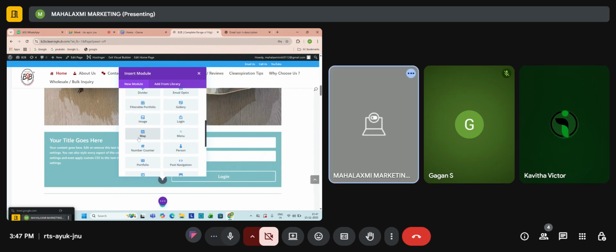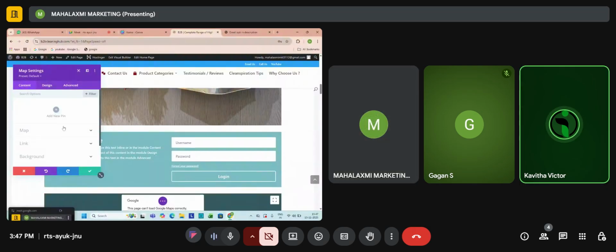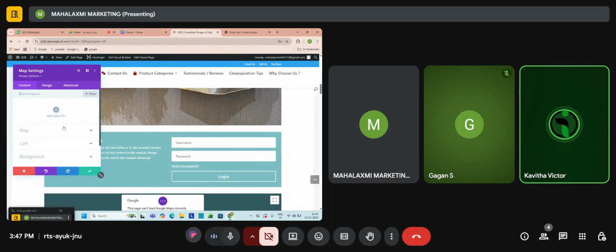So what is map? Map is the location of your business, correct? Correct. So here, if you want to upload the map, it is asking you for the new pin, which is a paid one here. Okay. So we don't want to use the premium one. For that, we have an alternative, that is coding.